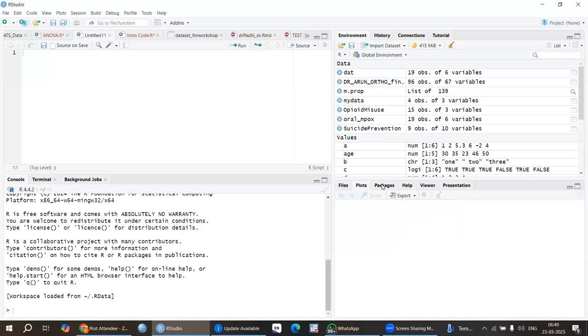Whatever we have to do, we need packages in RStudio. For example, if I want to do meta-analysis, I need a package, and that is the meta package. I will explain it to you. This is just simple. When we have to click here,